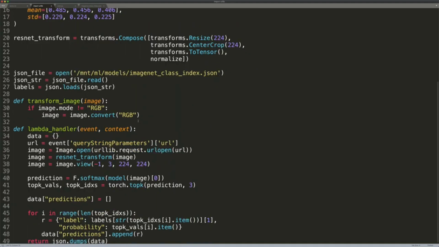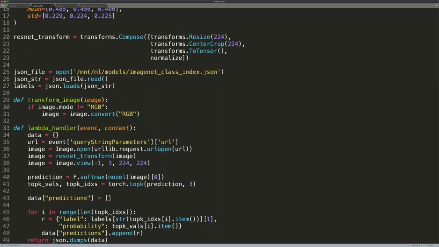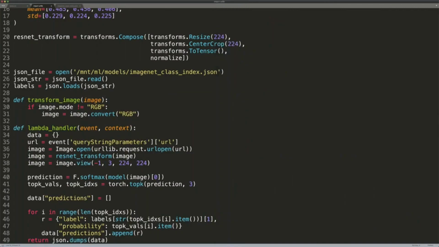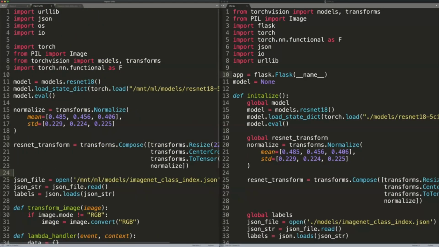So I moved a bunch of lines of code into the Lambda handler, and then we grab the URL that is coming as the query string parameter, and then everything else remains the same. So this is exactly how my current infer.py looks. The only difference is this is running on Flask, this is running on Lambda.